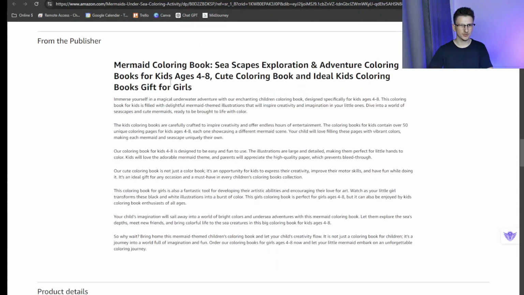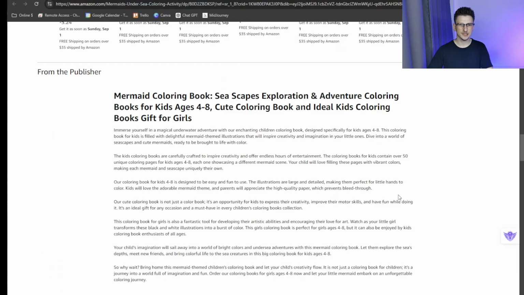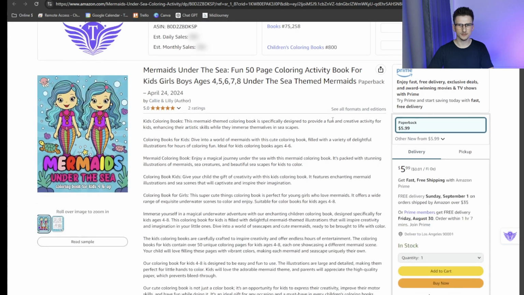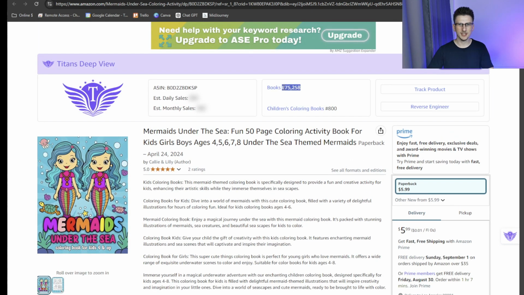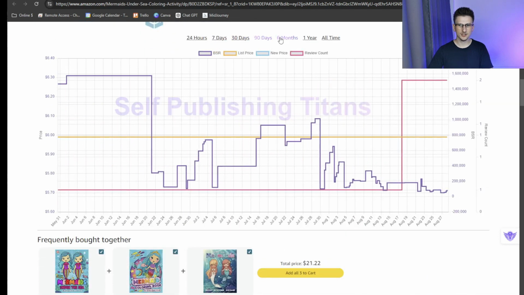Wow, what the hell? A+, pretty much non-existent. Look, it's just text. This is not what your A+ should look like. Okay, so this book is absolutely trash. Sorry if this is your book, but as you can see, the BSR they've achieved is 75K, which is not bad at all. Now, if we look at the BSR chart,